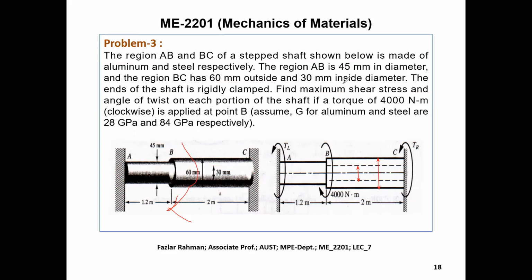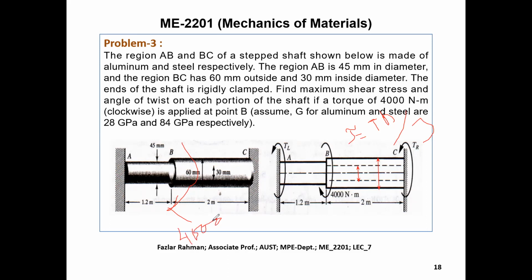Our shear stress formula, if I write it down right over here, tau equals T into R, where R means the radius of the shaft, divided by J, right? So J you can figure out. R maximum will be the outer radius. So R is given, J is given. But the torque, you cannot use this torque